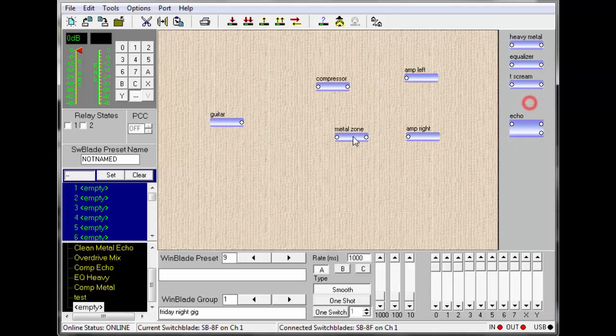For the final preset, I would like to bleed some of the clean tone over to the right amp and some of the overdrive tone to the left amp. As a shortcut, I'll first click on the work surface to deselect any connections. Then I'll move the gain slider to -12 dB, which allows me to preset any connections I now make to